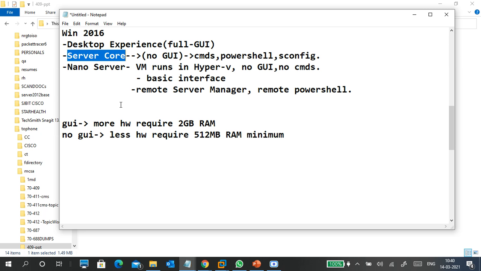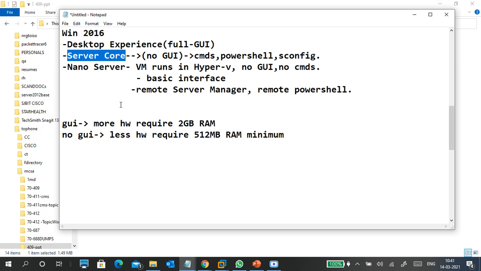Okay, so no GUI means a smaller hardware footprint. What is the advantage of that? Windows is basically secured, you don't need to create high security, it's basically secured. When you remove the GUI, you are working on the command line, the CLI prompt. It is difficult, and with PowerShell you have to learn new things. It is difficult to crack.